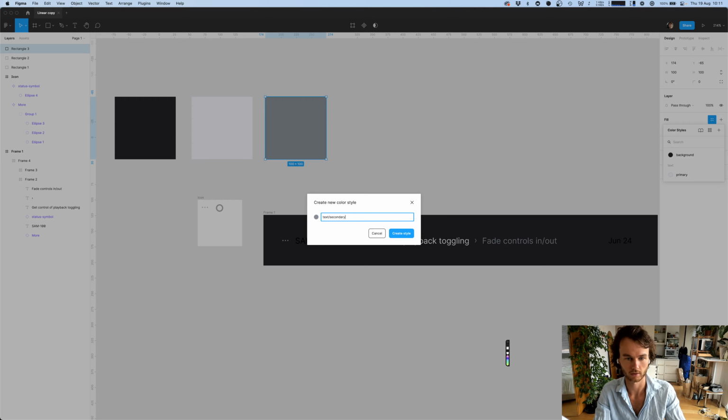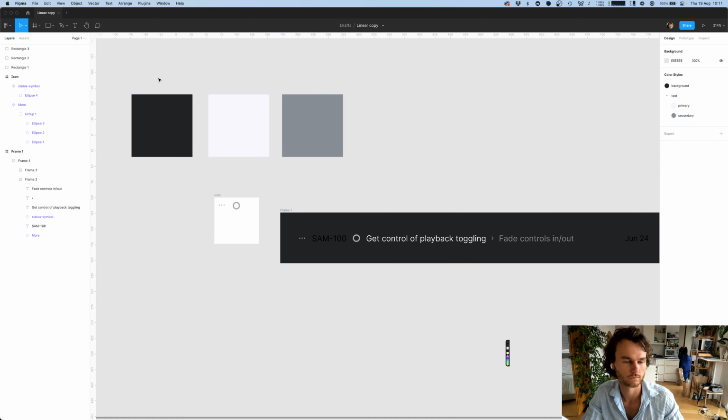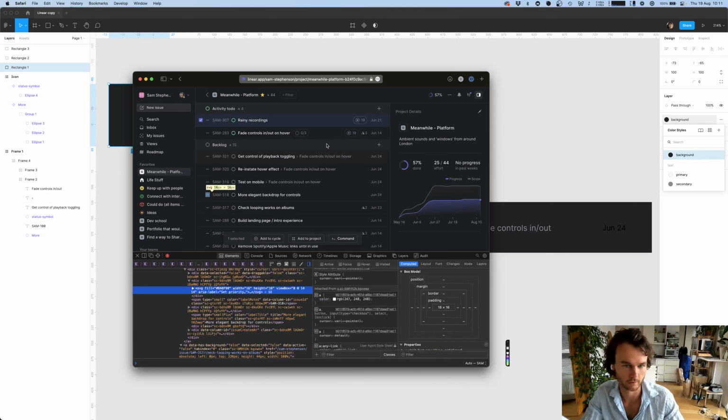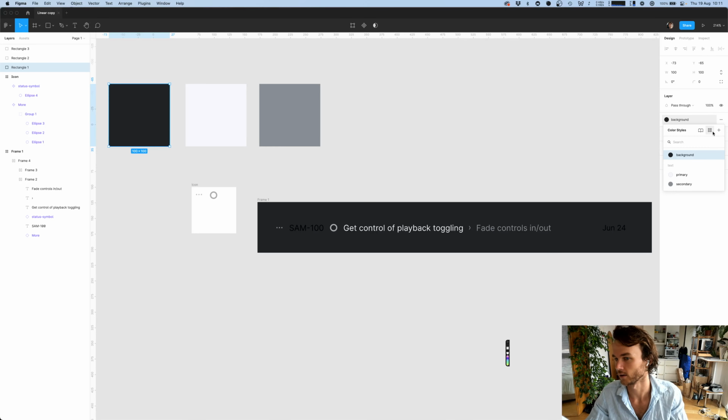Text secondary. Similarly, I'm going to use a bit of a different naming convention here. This is personal preference, but I like to use surface